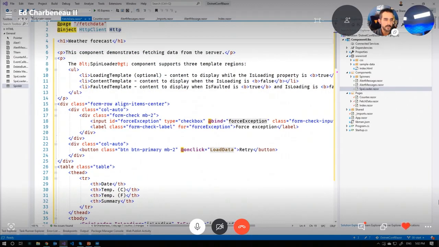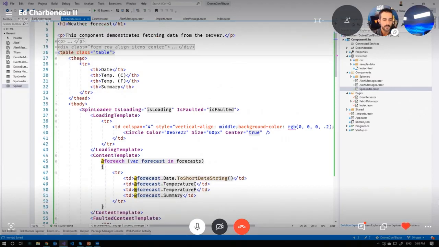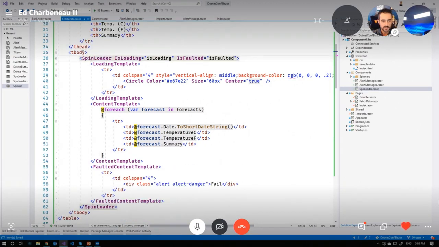There's a bit more markup here, but I'm going to close out some of this markup. This is mainly used for the demo you're about to see, but I want to show that we have our table here again. This is the same weather forecast table as before. We're going to go ahead and show the header. And inside of the body, I've got a component called spin loader. This is something that I'm using in my project. I've taken my spa loader and I've moved it down the road a little bit and gave it some more